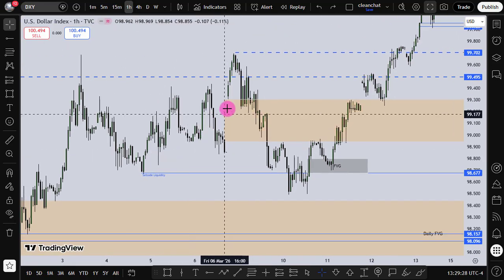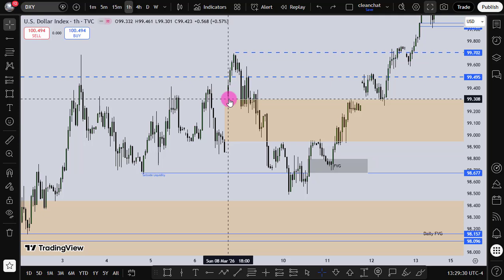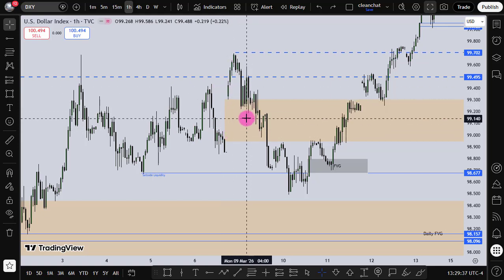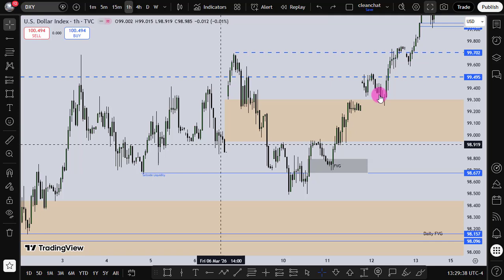And then on Sunday, we have this gap that was created. I was anticipating price to drop down. If you're on your chart, you have seen this, and then price went through it, attacking the sell side and then going up,